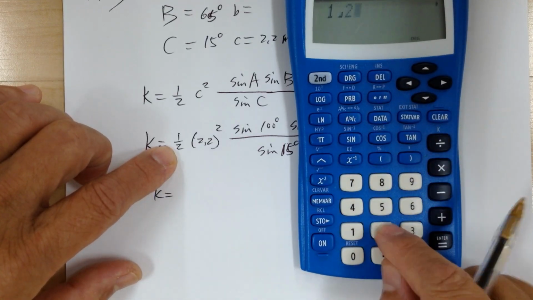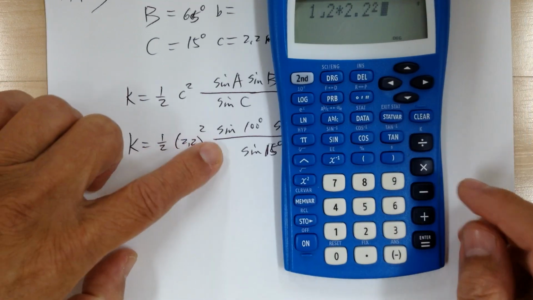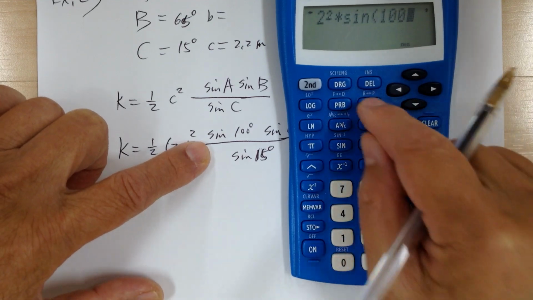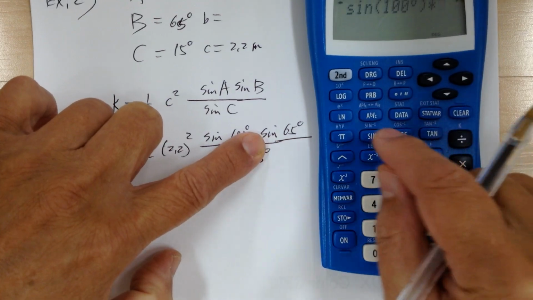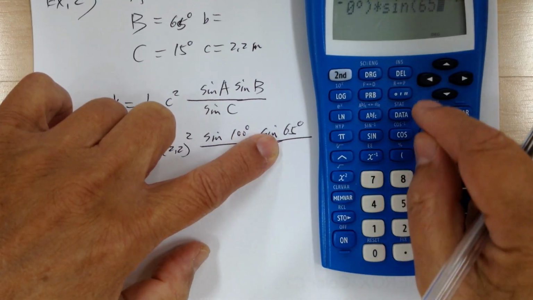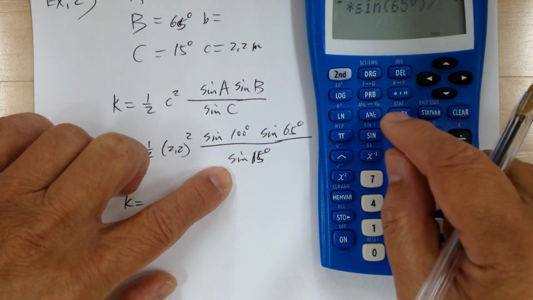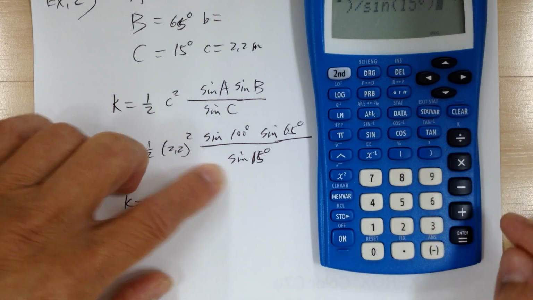So 1 over 2 times by 2.2 squared times by sine of 100 degrees times by sine of 65 degrees divided by sine of 15 degrees, equal,